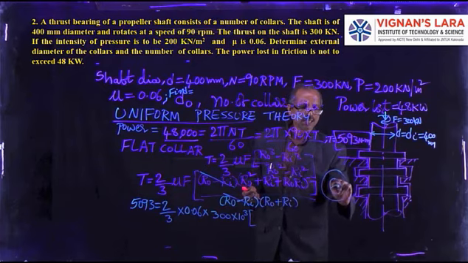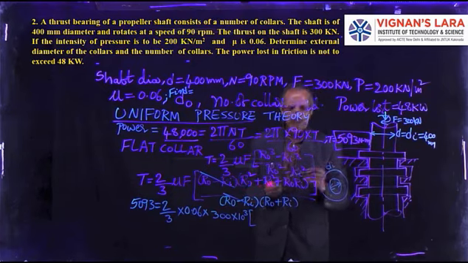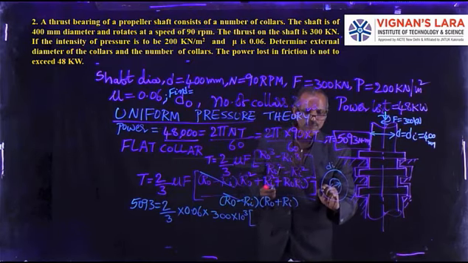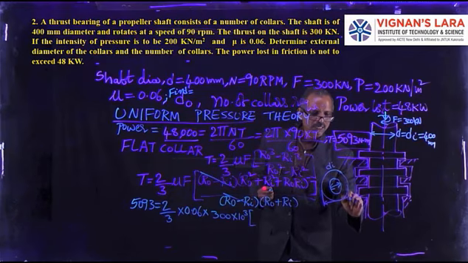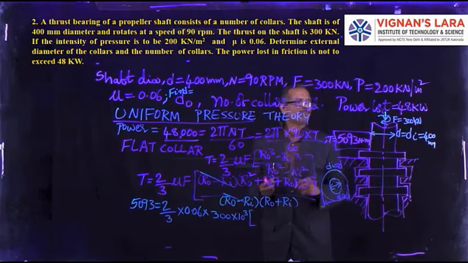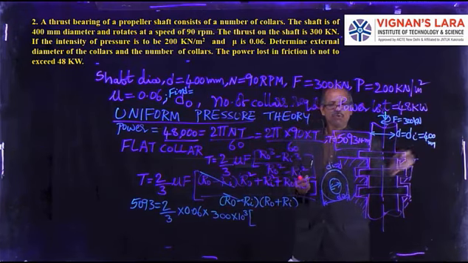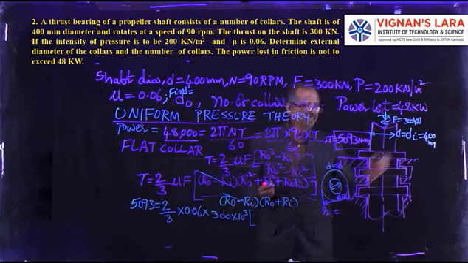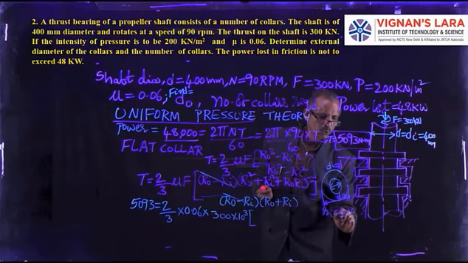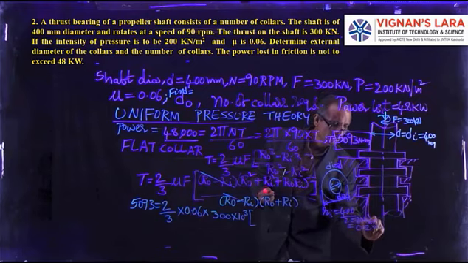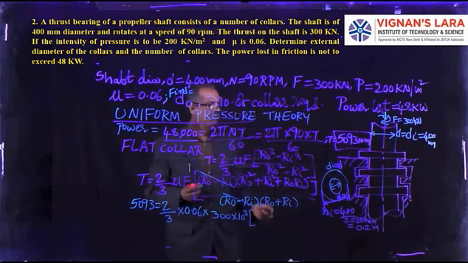So this is actually inner Di and this is D naught. What is this Di? This Di is nothing but d. So that Di is 400, then Ri is how much? Ri is 400 by 2, that is 200 mm. If you write in meters, this will be 0.2 meters. So I have my value of Ri.